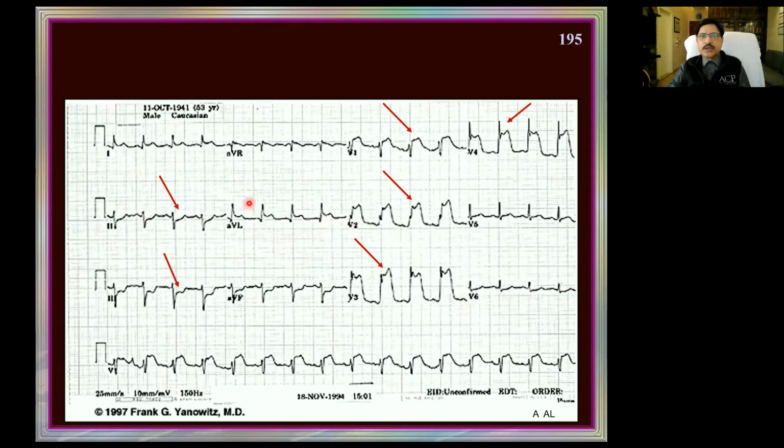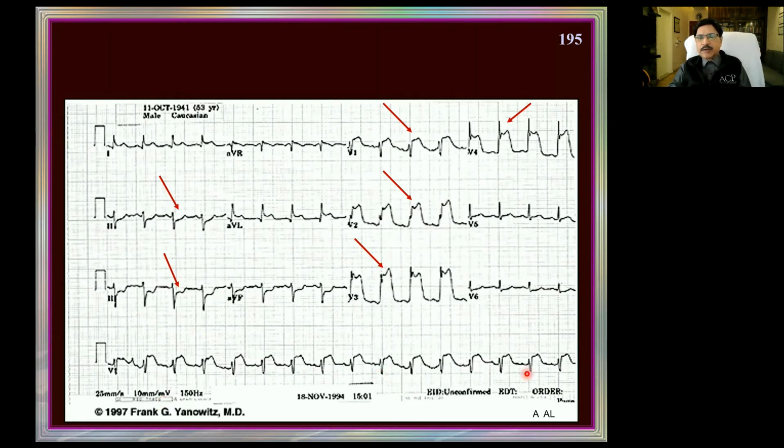There are no Q waves here, so there is no old lateral infarct, unlike in the previous one. So this is an anterior infarct, a little bit spilling over into the lateral. What are these? This is not an NSTEMI, a non-ST segment elevation infarction. These are the complementary changes of that.